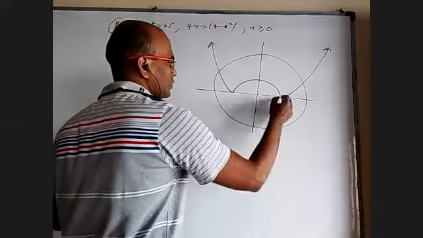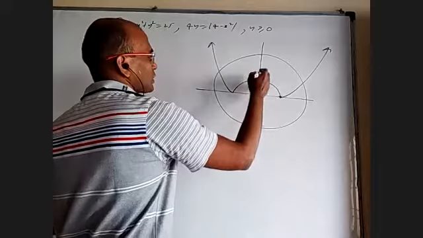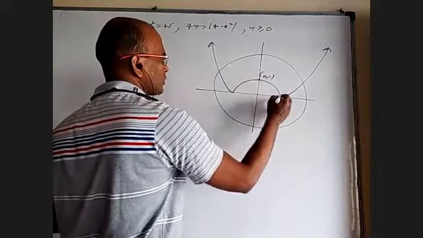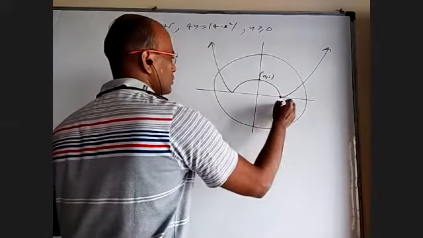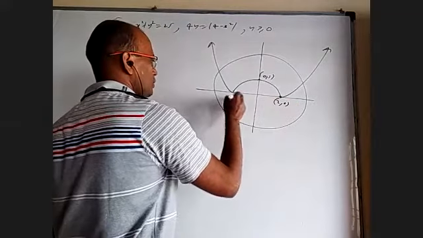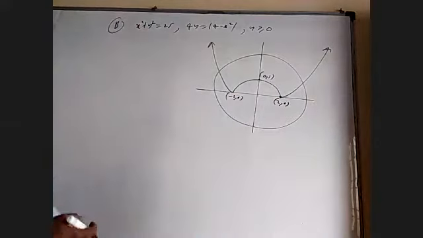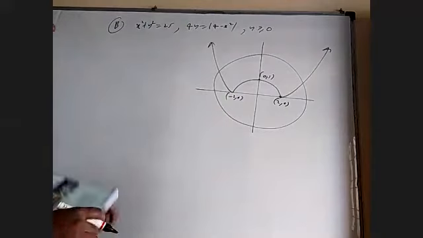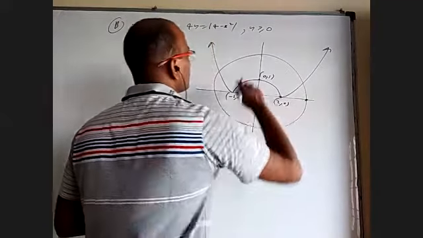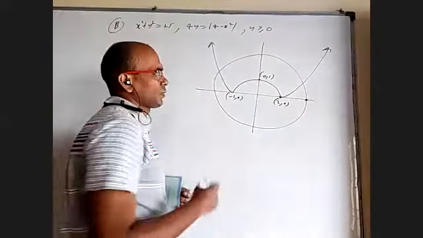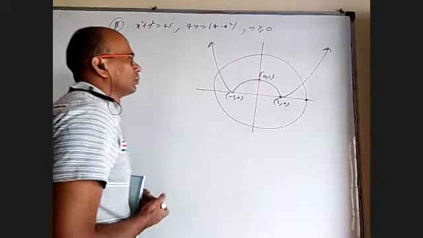What are these points? At 0, its maximum value is 1, so this is 0, comma 1. What about this one? It is 2, comma 0. This is minus 2, comma 0. And of course, that point of intersection can be found by solving, and this will be 5. y greater than or equal to 0 means the y coordinate is positive, so everything is above.